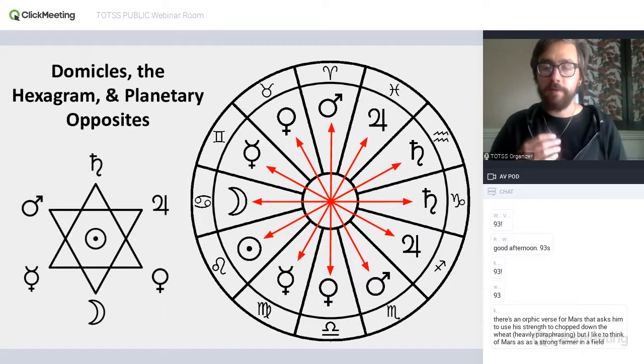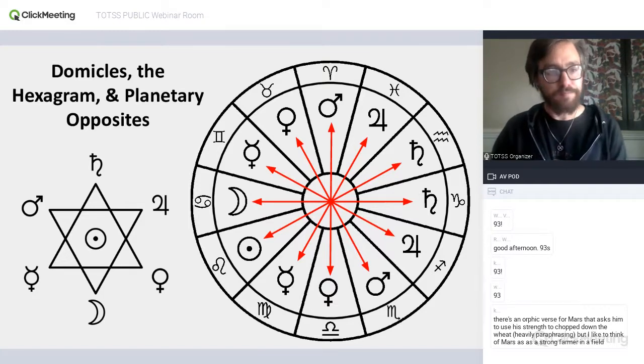Or the idea of Mars in Scorpio as a penetrating or a severing, compared to Venus in Taurus talking about preserving and stabilizing or unifying and bringing things together.